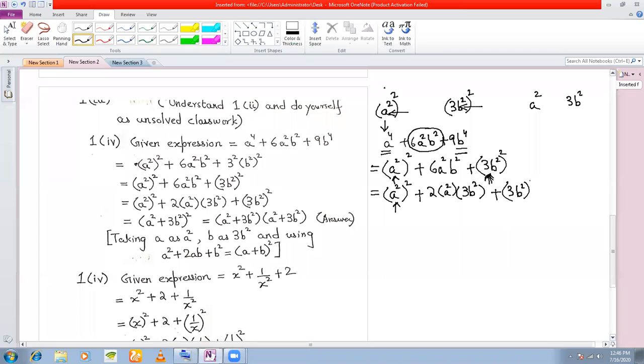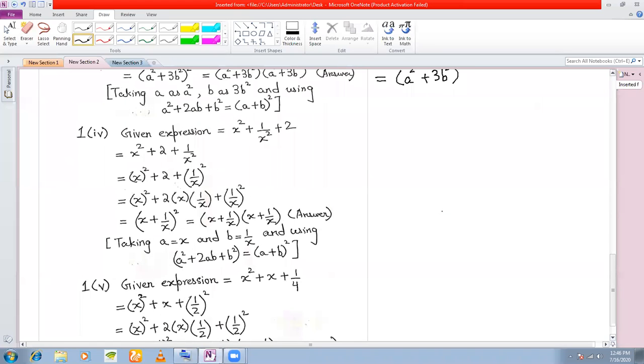Now let's check whether our 2ab term is giving me this or not. Yes, it is giving me. This is 6a square b square. So it is giving me. So this can be factorized. So what I write here is a square plus 3b square whole square. Okay. Any questions? No, sir. Okay. So moving on,